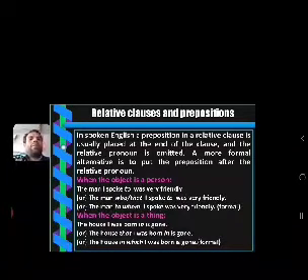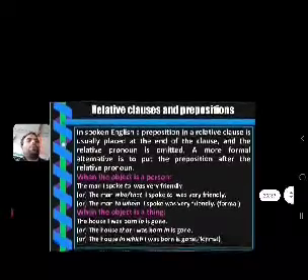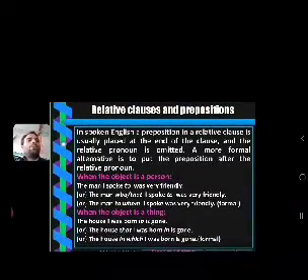Yes, see here, for example, when the object is a person, how should we write? The man I spoke to was very friendly. Or else we can also say the same sentence in this manner: the man who or that I spoke to was very friendly. And we can also say the same sentence in this manner: the man to whom I spoke was very friendly. This is the formal way.